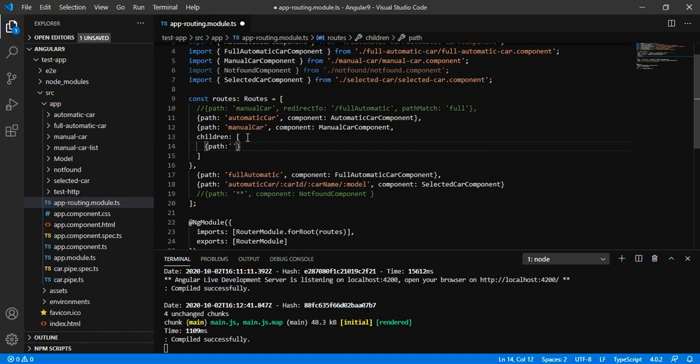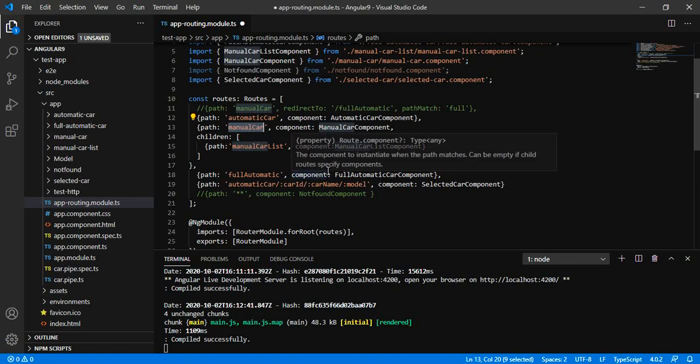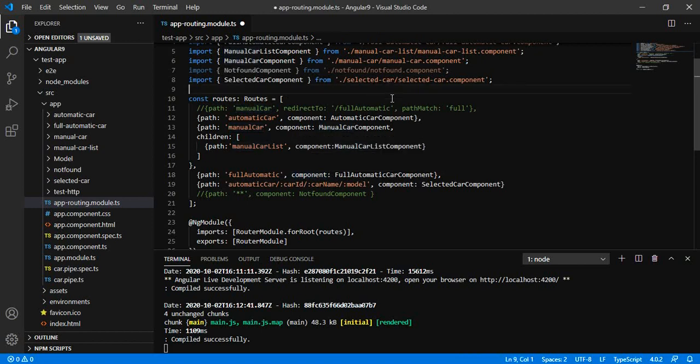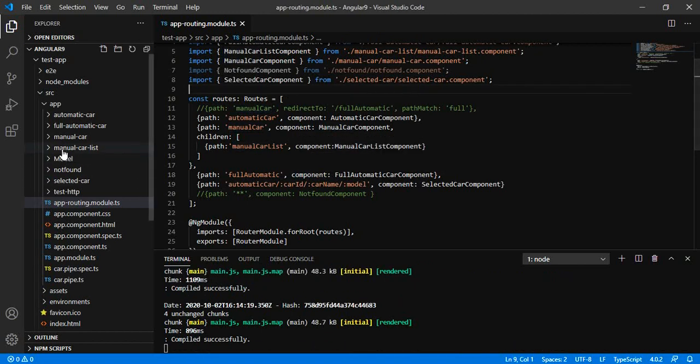I am saying manual car list, and the component will be the manual car list component. So this will be our child component, the child view for this particular view. Now let me save this and open the manual car.